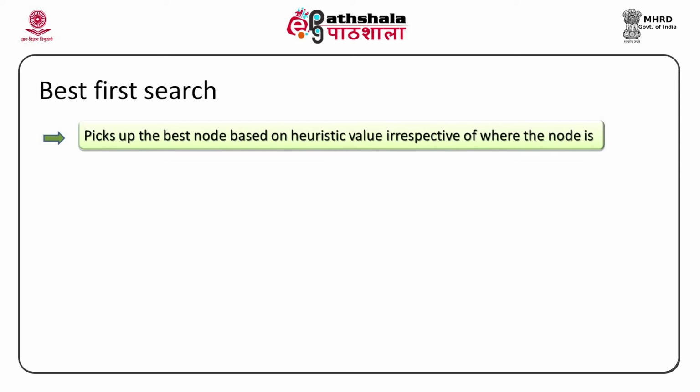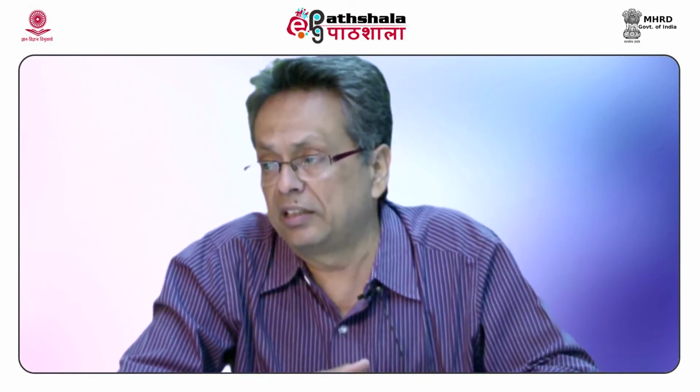The next search method that we are going to talk about is called best first search. Now this is a little different from hill climbing, a little better than hill climbing in some sense. We have seen that we get entangled in local maxima. If we find that our children do not have a value better than ours, what should we do? Hill climbing stops there, it fails there, and in case of best first search we do not do that.